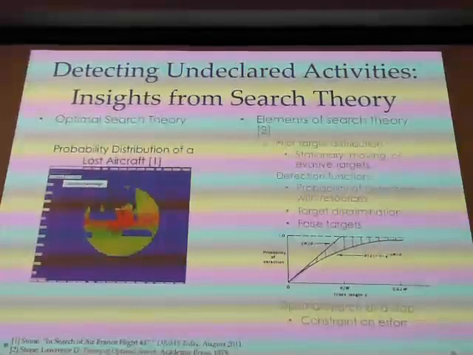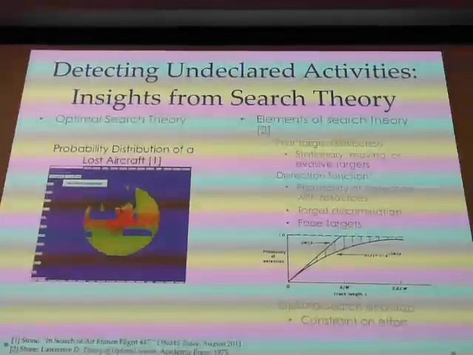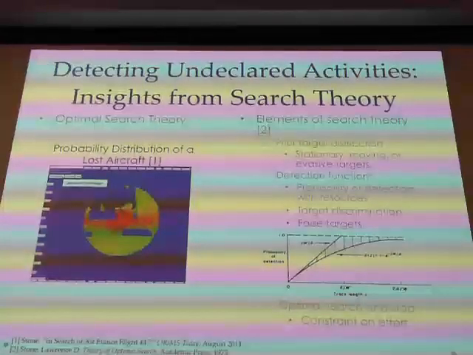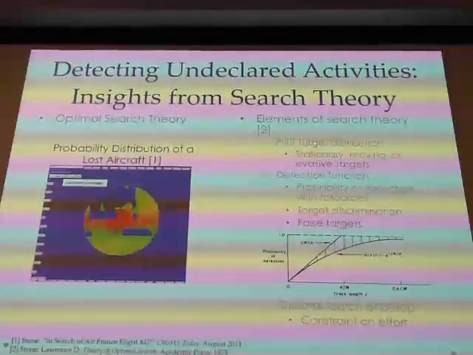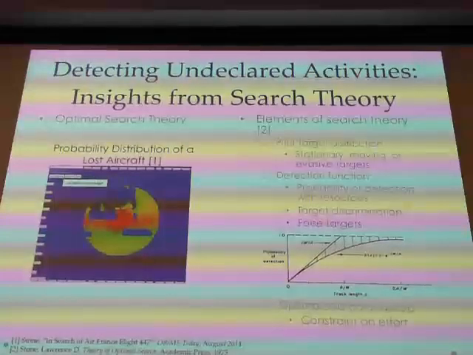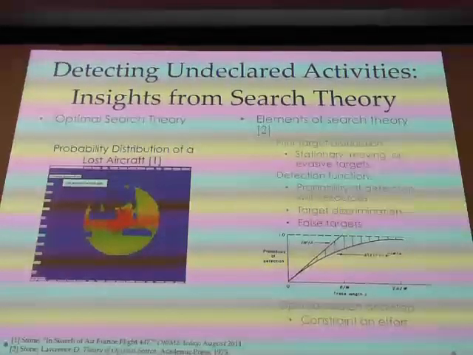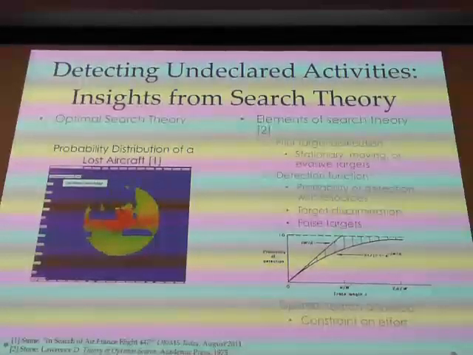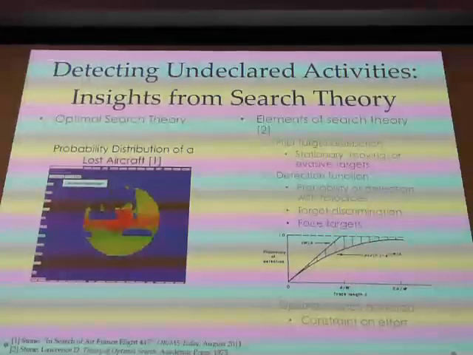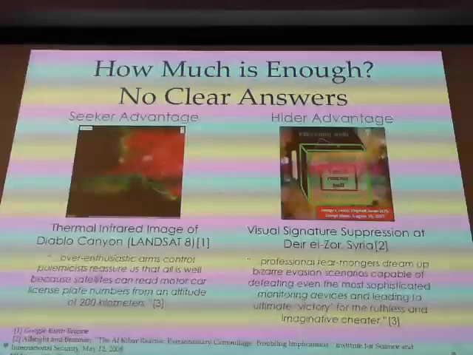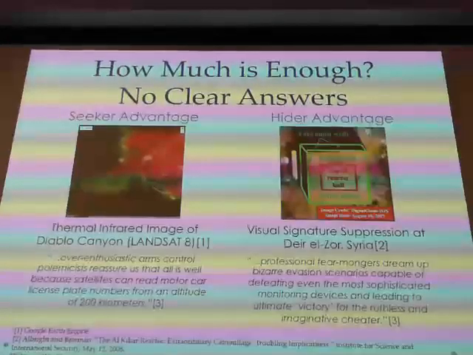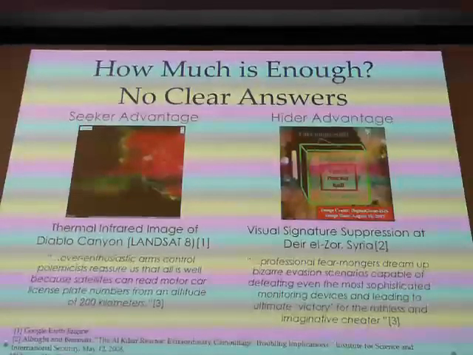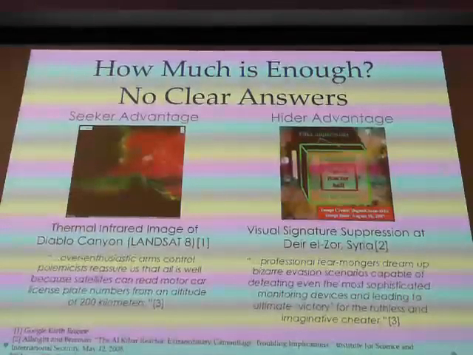The other aspect of search theory is this concept of optimal search theory, optimal search and stop theory, or the conditions for optimal search and stop. By looking into this, we might think about how search theory informs stopping criteria for efforts to determine how much is enough. This is something I'm still looking into, but my initial thinking is that there are no clear answers. But it still might be useful to think through it in a systematic way and to inform the